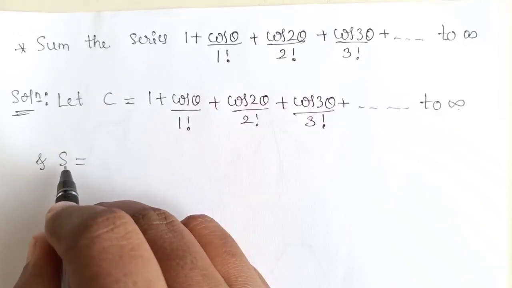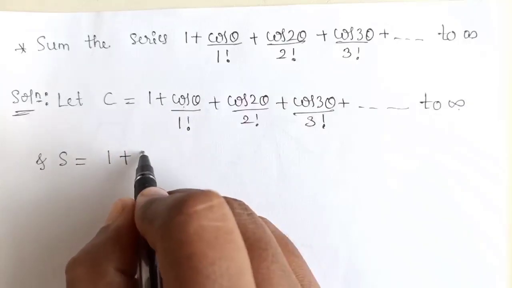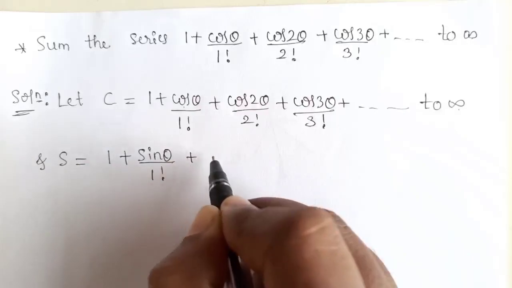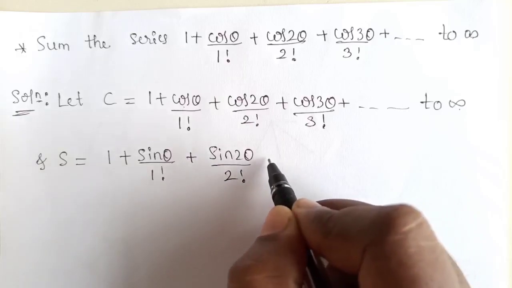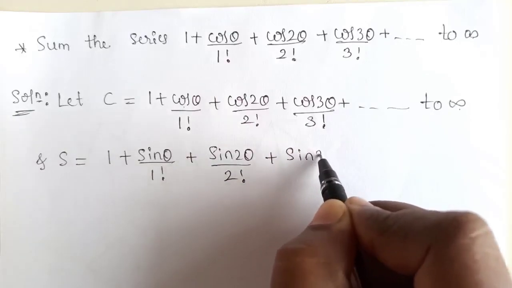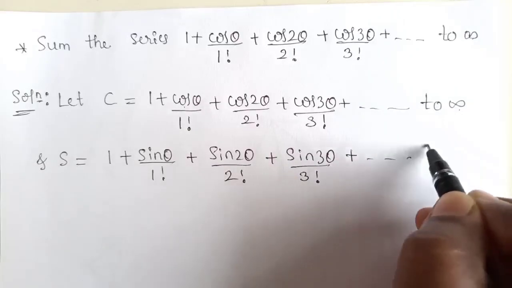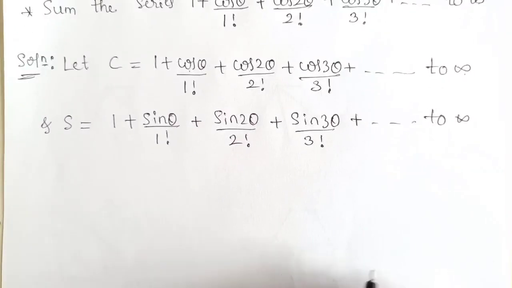we consider S equals 0 plus, so changing the function here, sin theta divided by 1 factorial plus sin 2 theta divided by 2 factorial plus sin 3 theta divided by 3 factorial up to infinity. Now we shall consider C plus iS,